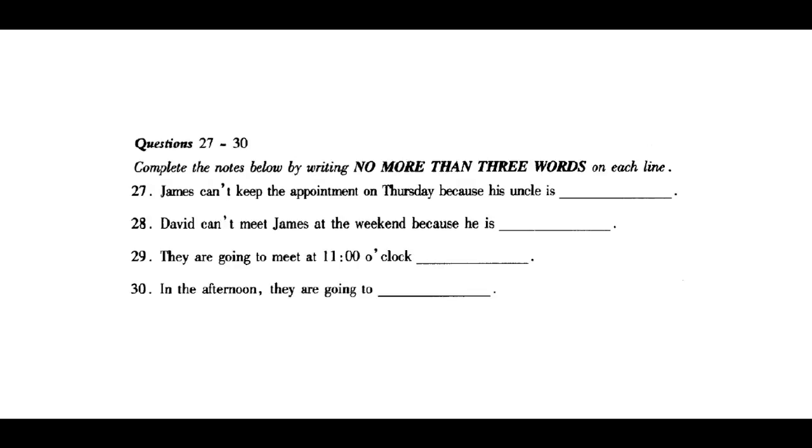Afraid I'm tied up at the weekend. And let me just check. Monday would be all right, I think. Monday's okay for me too. Oh, good. Shall we say the same time as we arranged? Could you come here at 11 o'clock? I'll show you round our place. We could have lunch together and then work out the terms of our contract in the afternoon. Yes, fine. I'll just note it down in my diary. That's Monday the 24th of April. Right, I'll be at your place at 11 o'clock. Hope I haven't messed up your arrangements too much. Oh, no. These things happen, don't they? See you next Monday, and have a nice weekend. Thanks. You too, David. Bye.